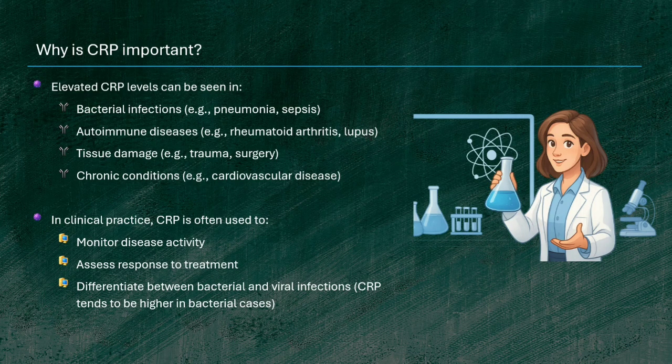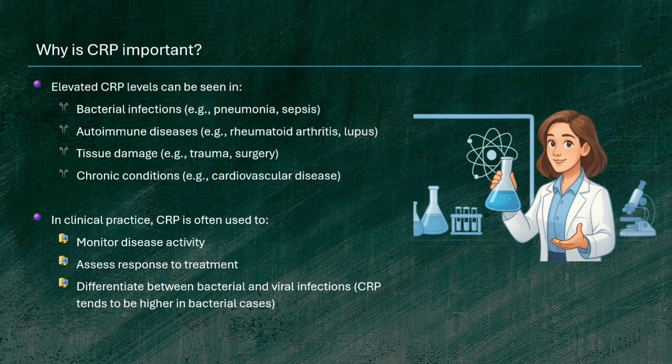Why is CRP important? CRP is a nonspecific marker of inflammation. That means it doesn't tell you exactly what's causing the inflammation, but it does indicate that something is wrong. Elevated CRP levels can be seen in bacterial infections, e.g. pneumonia, sepsis, autoimmune diseases, e.g. rheumatoid arthritis, lupus, tissue damage, e.g. trauma, surgery,